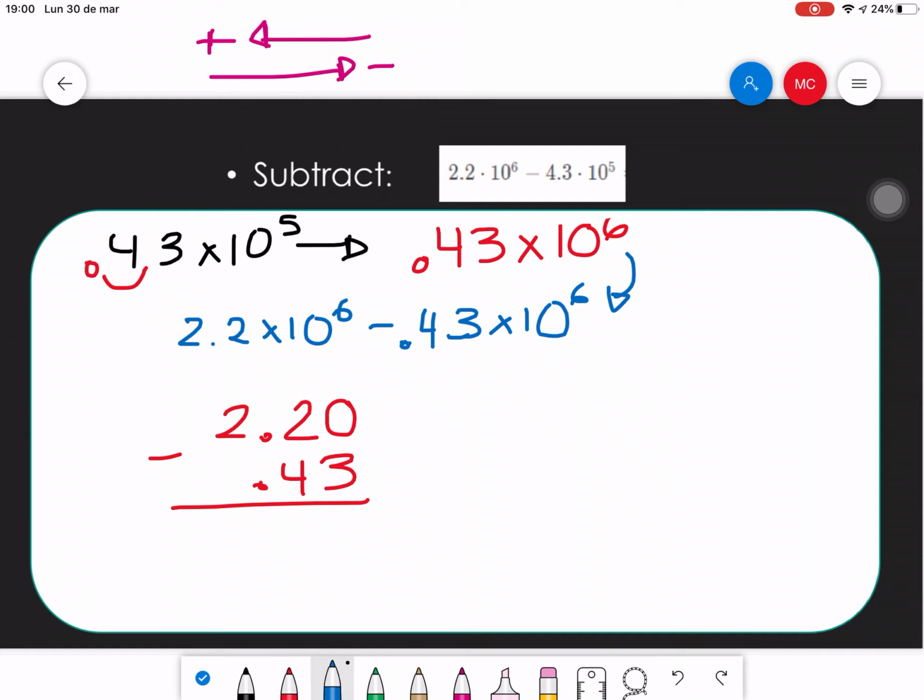Entonces, let's do it. I make this a 10. 10 minus 3 is 7. I give this one back, and now this is not a 4, this is a 5. So I cannot take 5 out of 2, so I make it a 12. 12 minus 5 is 7. I put down the decimal point. This number goes back to here, and I said 2 minus 1 is 1. So my final answer was